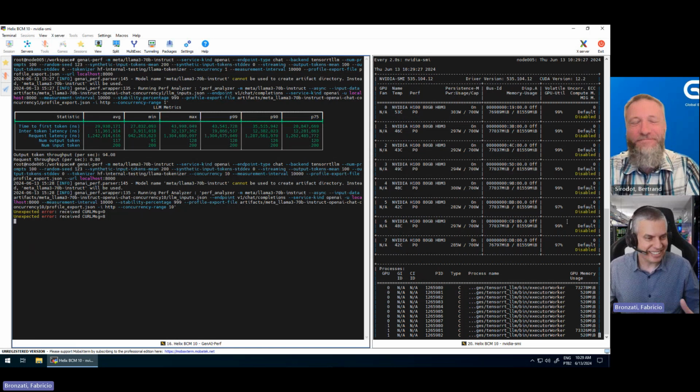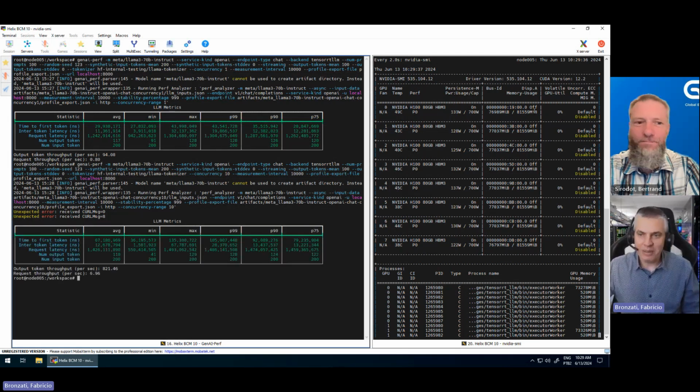And if you select a profile that uses only 4 GPUs, for example, you'll be able to see 4 GPUs working and 4 GPUs idle. Like here we can see that the latency increased a little bit, but the throughput also increased. So you can have this kind of evaluation of the model.